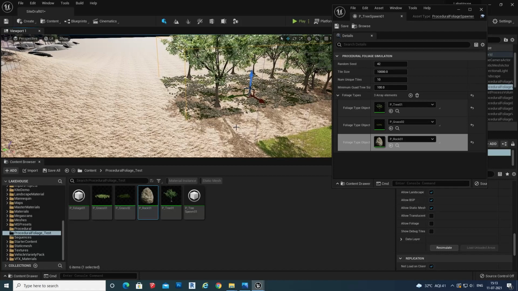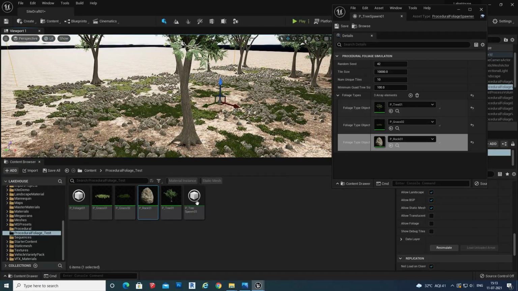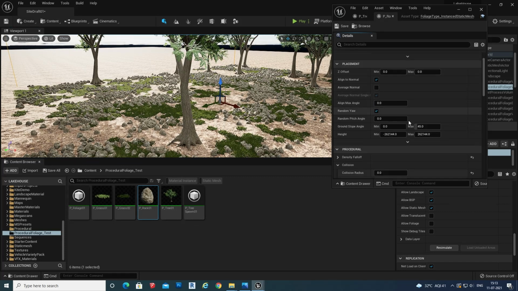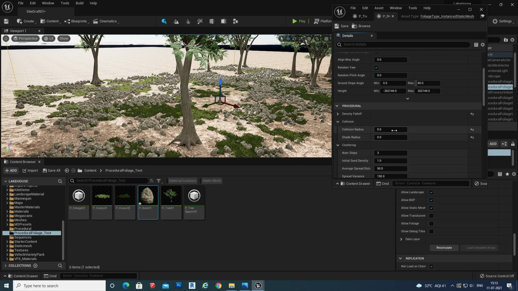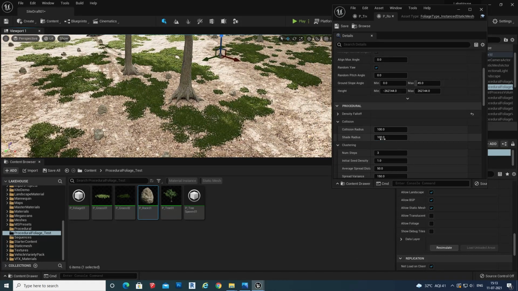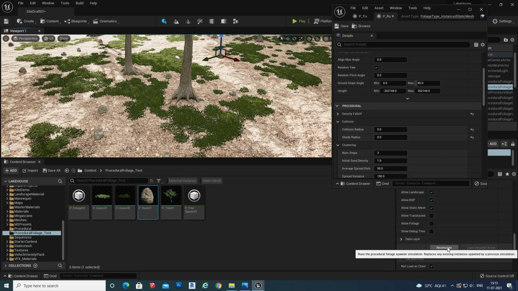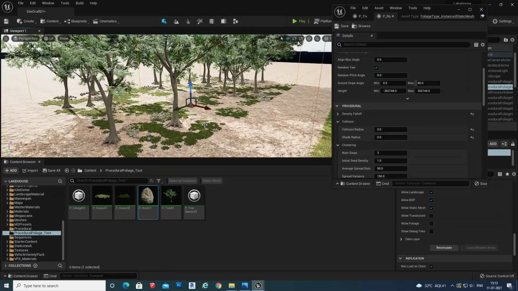Yeah, the density is more. I need to reduce the density. What can you do? We'll go inside. I'm just checking this density, spread, and the radius to default. Let's see how the default works. Okay, so I need this to be closer, so I'm making it 0 0 and resimulate. Yeah, I get nice clusters of rocks. This is good.